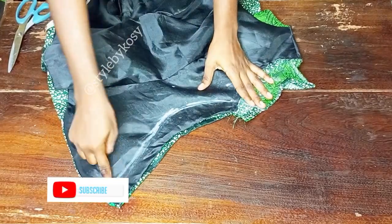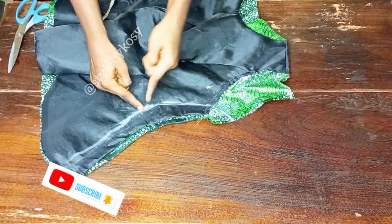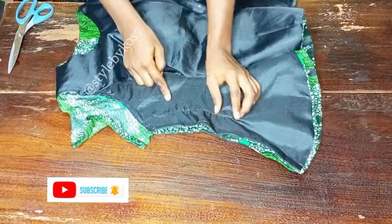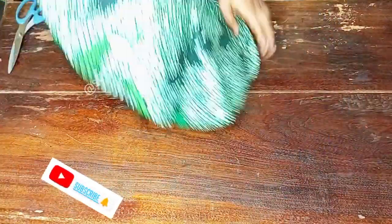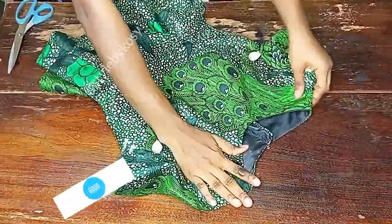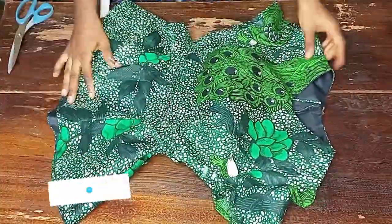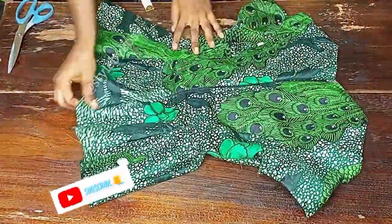So guys, after I was done joining both sides and after fixing my sleeve, you can see what I have here. So I just shaped the bust side and the waist. Then I used 1 inch to sew it straight down. You get, don't know if you understand what I'm saying. After shaping your bust side and your waist, use 1 inch to shape it down, for the flare. And when you're ironing it, go ahead and iron your seam opening as well,